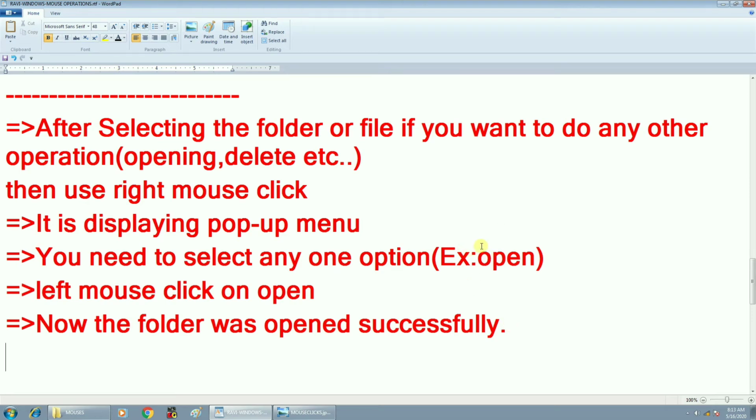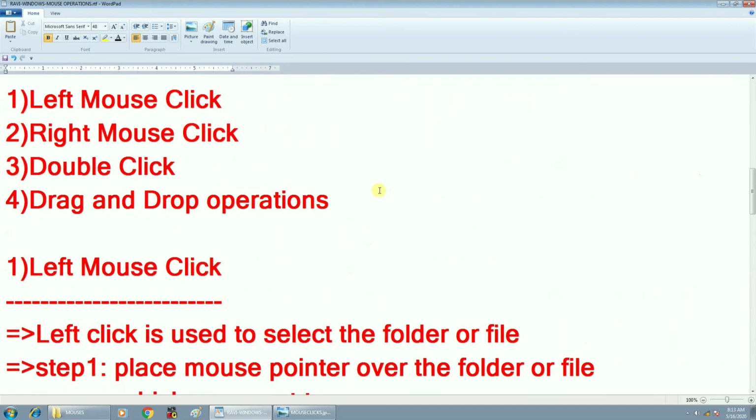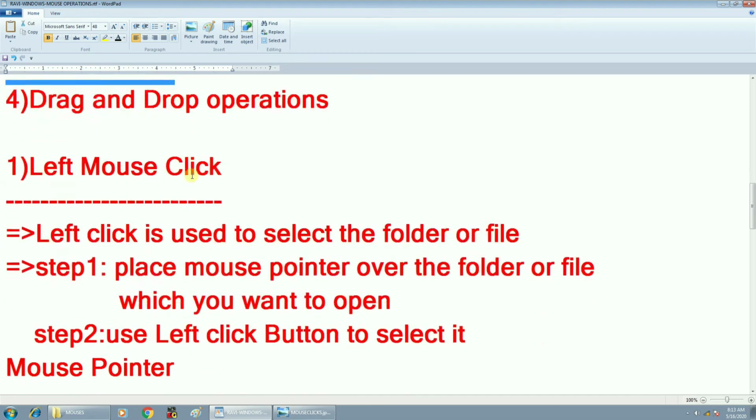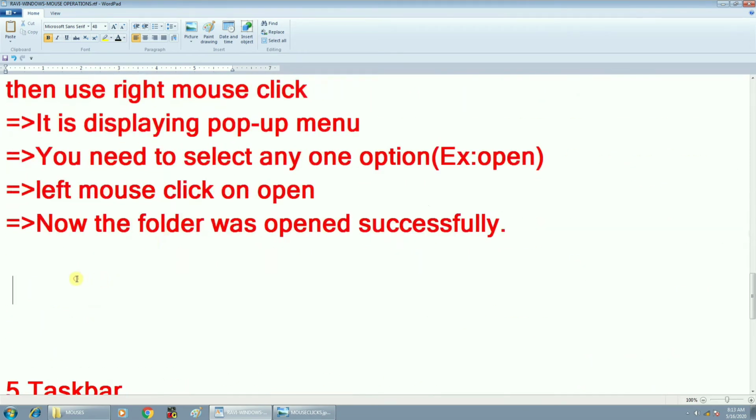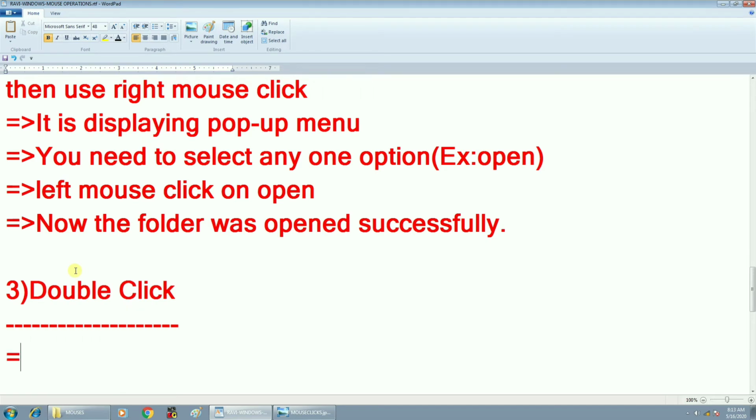Now I am explaining the third one, double click. If you are comfortable with the usage of left mouse click and right mouse click, and you want to do the operation very fast compared to them, then you can use the double click.